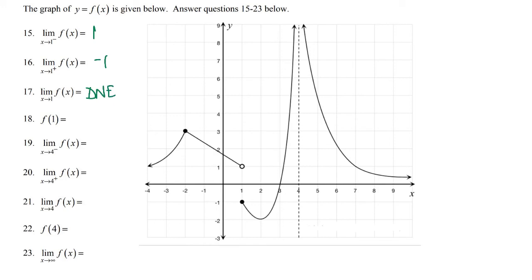Well, what is on 18 the difference? This is the for sure value, and if you notice, the for sure value is down here at that closed circle, and so that should give you negative 1. By the same tracing idea, as you go through your graph, and now you're approaching 4, and 4 is a vertical asymptote for this graph. So as we approach 4 from the left, we are tending toward positive infinity, and from the right, tending toward positive infinity. Since both the left and the right side are tending toward the same exact direction, then that is